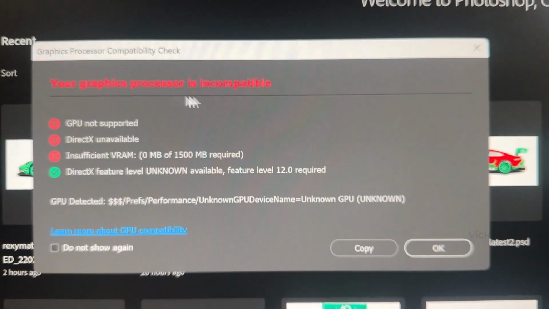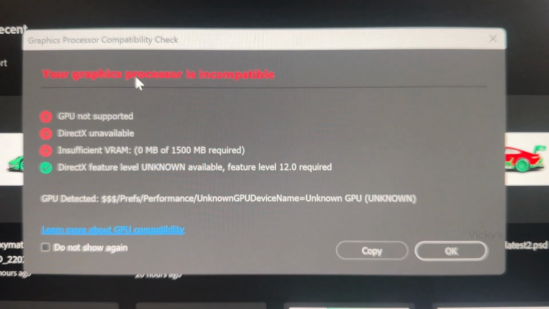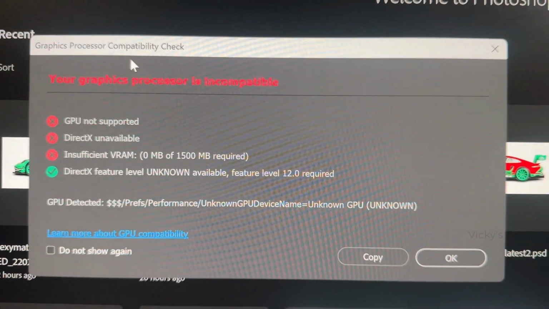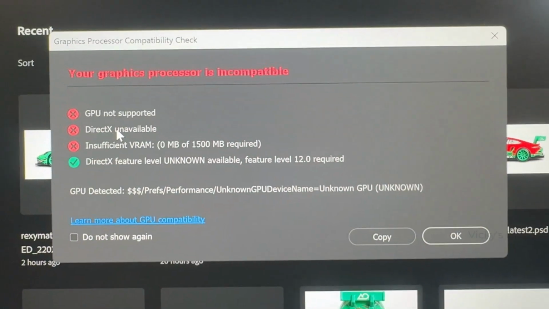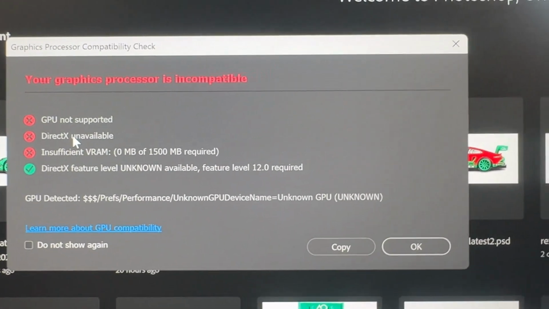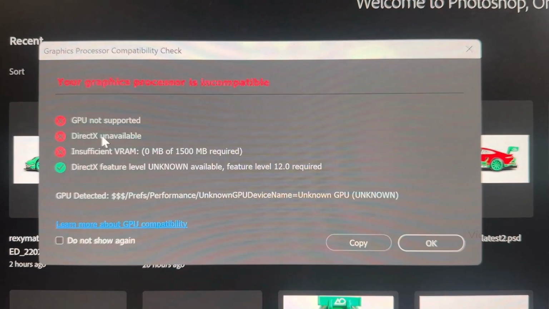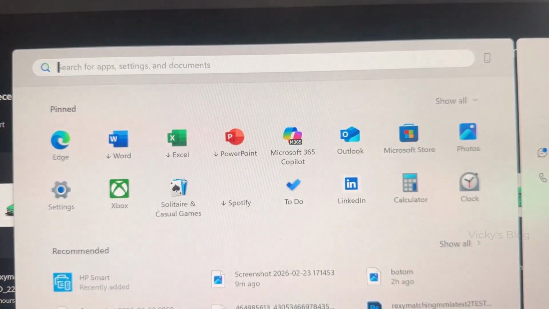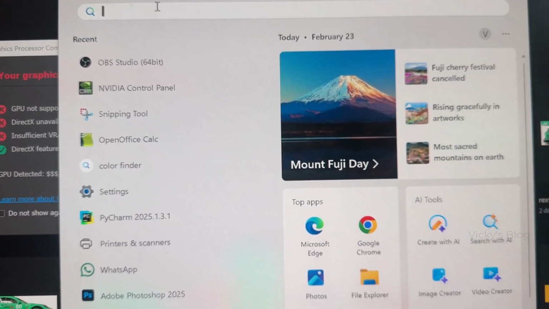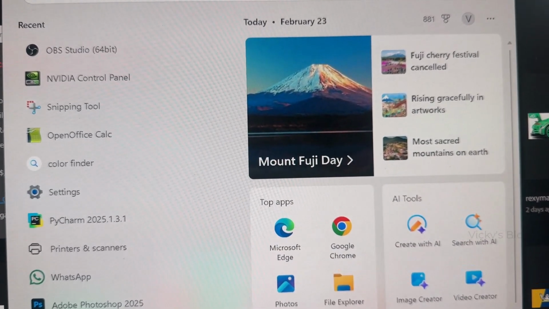for your Adobe products, for example, "graphics processor compatibility checked. GPU not supported and DirectX unavailable." If you're getting this error, we need to update the graphics driver. So basically what I'm going to do is update this NVIDIA driver. I'm using the NVIDIA driver,